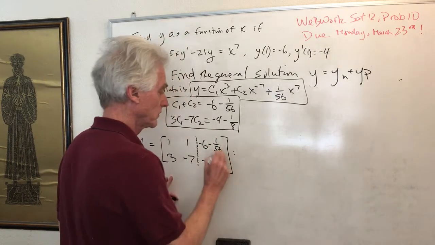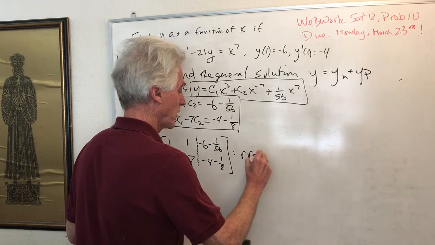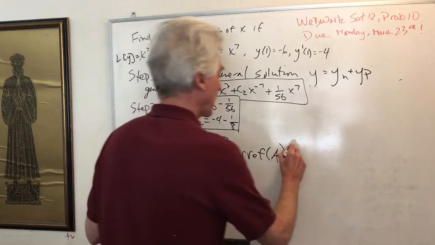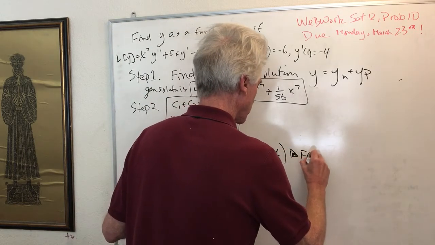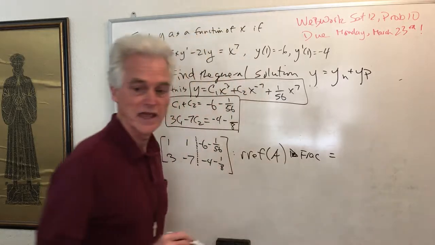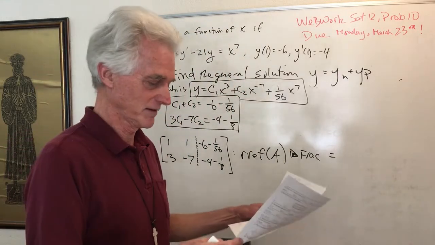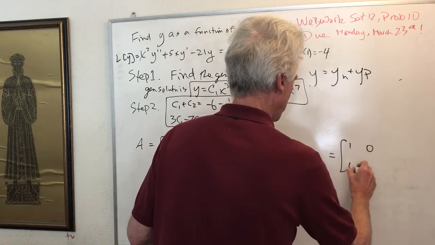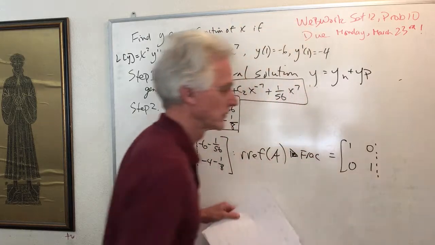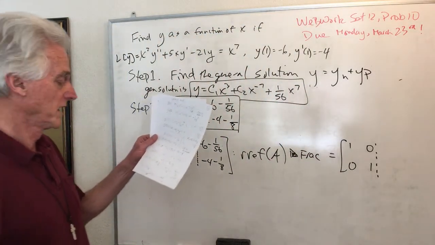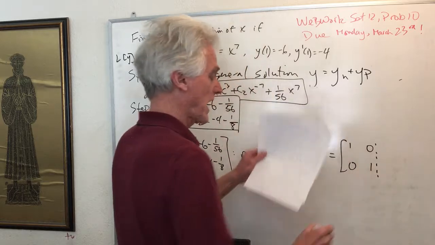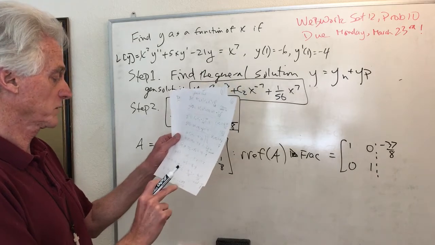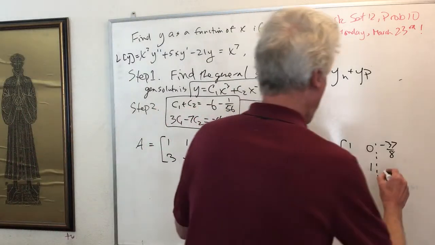But then what you want to do is, I found the reduced row echelon form of A, using a calculator again, and I converted that to a fraction. And that turns out to be, I have it written down here, what was it? The first row is 1, 0, and after converting to a fraction, I get minus 37 over 8. And then the next one, 0, 1, C2, is minus 39